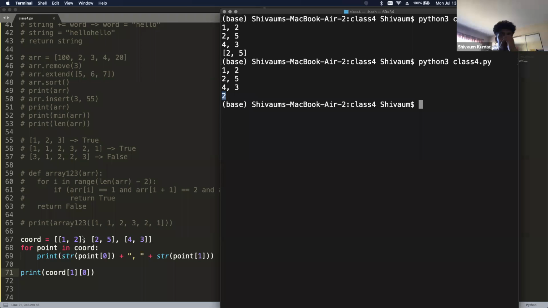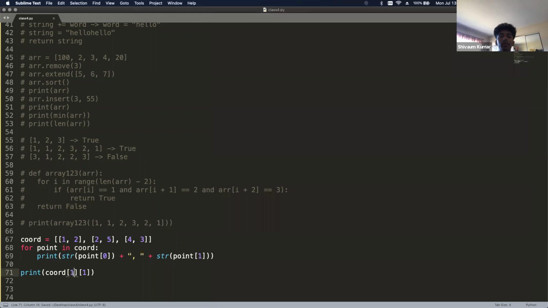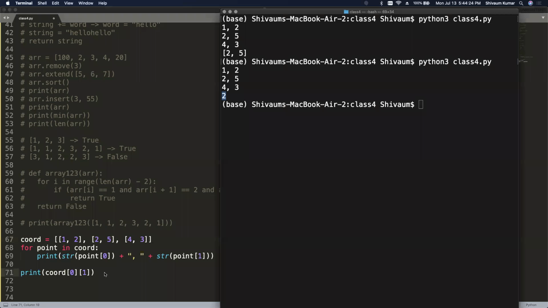All right, so if I were to do 1, 1, remember index counting in Python, I know it's kind of confusing, but it starts at 0. So if I do 1, that's technically the second array. If I were to do 0, then that would be this array. But if I were to do 1, then that would be this array. So we would print 5? Yeah, this one would print 5. And can you tell me what this would print if I did 0, 1? It would print 2. Yeah, correct. So yeah, that's literally what this is.